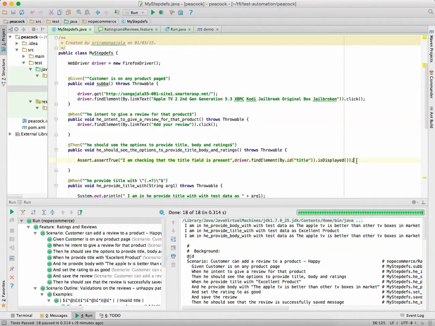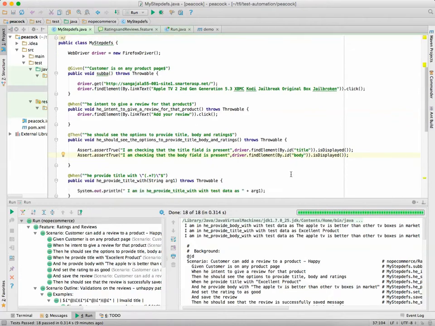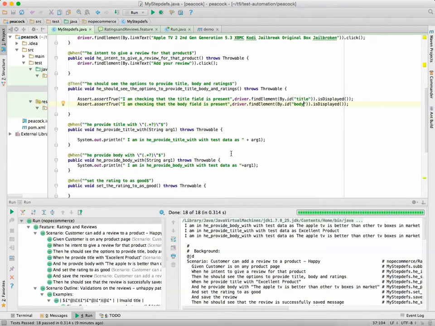But is that enough? How many do we need to provide? We need to check whether we have other options or not. Body, right? See, these IDs are given by the developer.